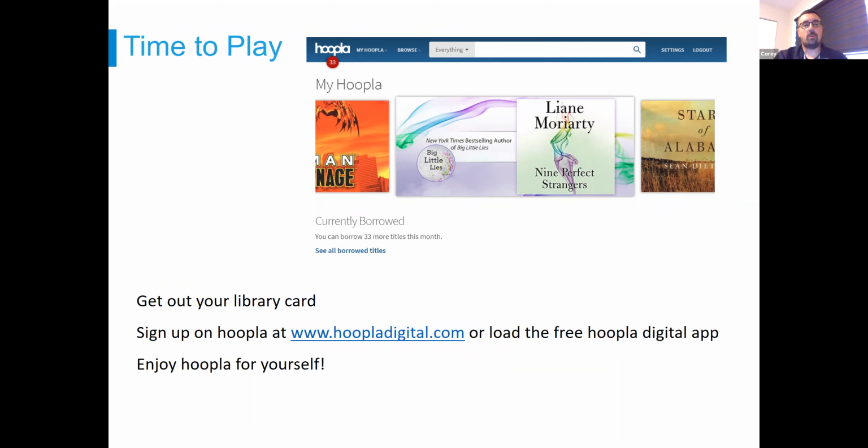The next section, you actually pick your library. So you'll find Dearborn Heights. You'll put in your library card number, the PIN number if your library requests that, and then